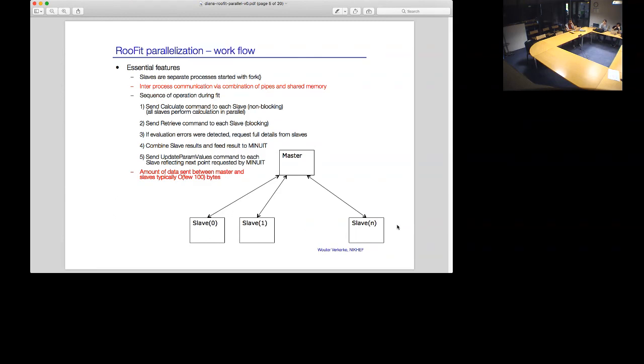I just mention it for completeness, if a flag is also sent that there were evaluation errors, more details are available on what went wrong in the slave processes, and those are then retrieved at that point. This usually doesn't happen. Then there is also a combine step, which for a likelihood just means adding the partial results. This is fed to Minuit. Minuit decides that it has a new point in the parameter space it wishes to sample. So those new parameter values are sent to all of the slaves,